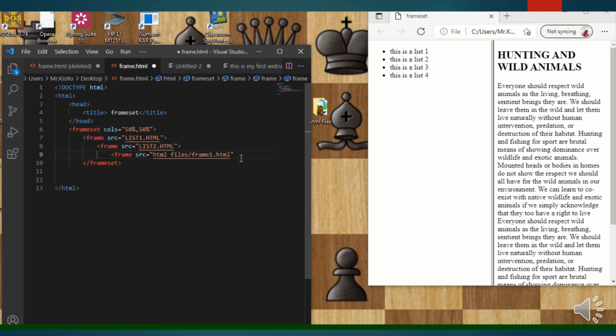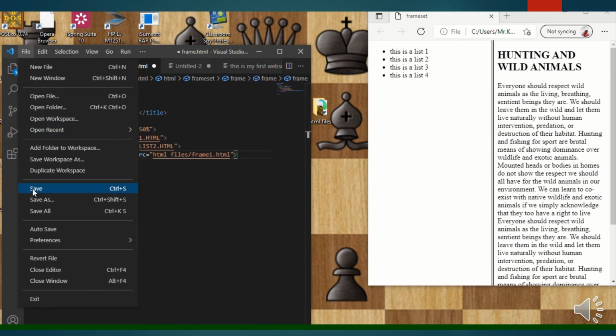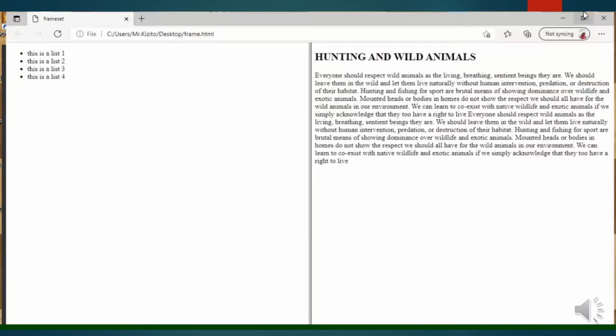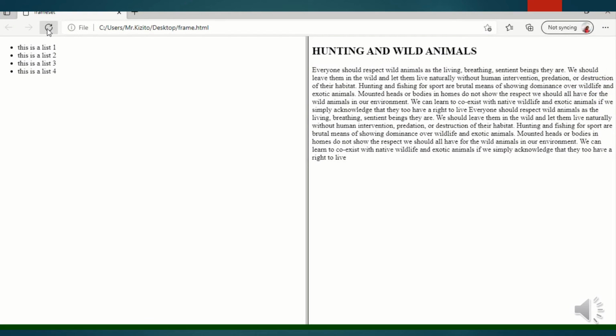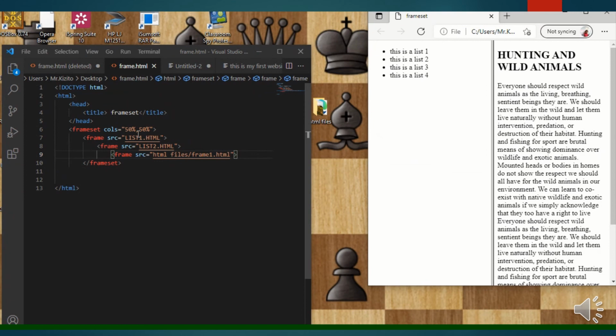Okay, and when I close this, just remove this one. And when I save and try to reload, there's something I forgot to write, the size, to give you the size. So it's important that I also give you the size, since there are 3 frames. Okay, so let me say the other one to be 30%. Okay, 30%. The other one to be, let's say